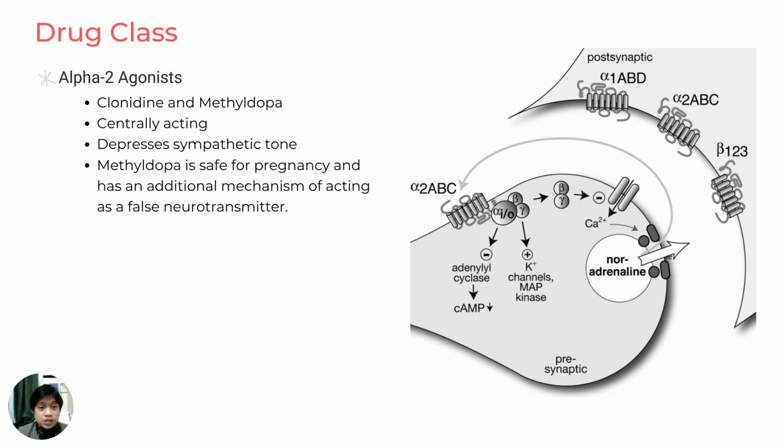Special about alpha 2 agonists, methyldopa is safe for pregnancy, so it's one of the anti-hypertensive agents that we use whenever pregnant women get hypertension. That is pre-eclampsia, that is their condition. And methyldopa, aside from acting on the alpha 2 receptor, has an additional mechanism of